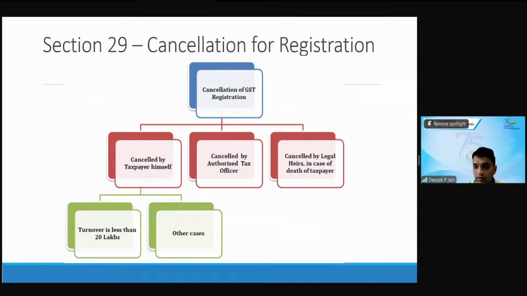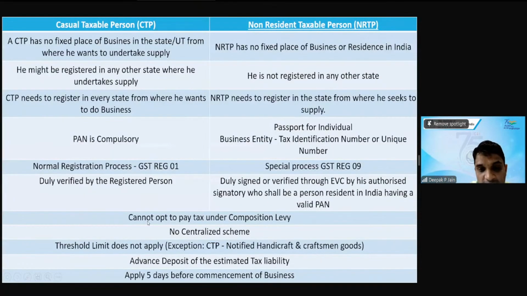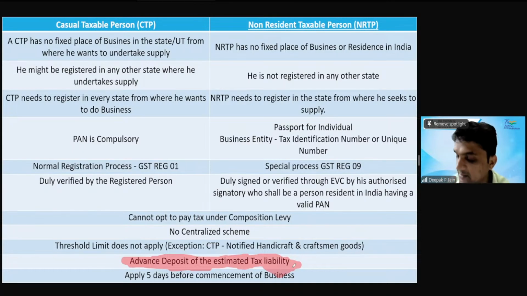ठीक है, नाउ वी आर गुड टू गो फॉर कैंसलेशन। एडवांस डिपॉजिट ऑफ टैक्स मींस, निधि जी हमने यहाँ पे देखा था ना कि जब ये कैजुअल टैक्सेबल पर्सन अप्लाई करते हैं तब उनको एडवांस डिपॉजिट देना पड़ेगा ऑफ एस्टिमेटेड टैक्स लायबिलिटी। जितना भी टैक्स है उसका एस्टिमेट करके उसको डिपॉजिट करना पड़ेगा, उसे कहते हैं एडवांस डिपॉजिट ऑफ एस्टिमेटेड टैक्स लायबिलिटी।